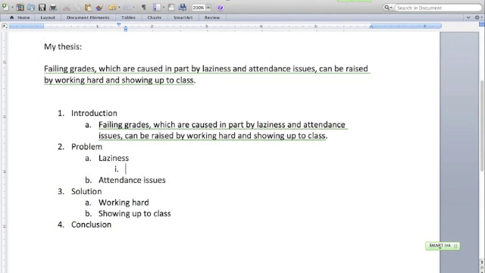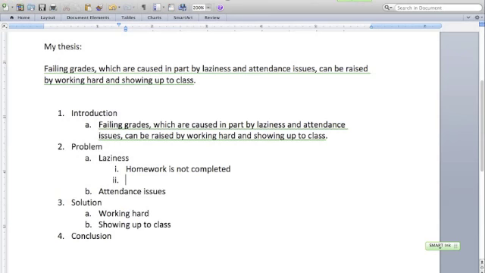Well, I've done some research on this, and it appears that laziness is a problem that leads to failing grades because when one is lazy, homework is not completed. Also, when one is lazy, I'm going to add another third level here. Also, when one is lazy, classwork is not completed. So there's my third level